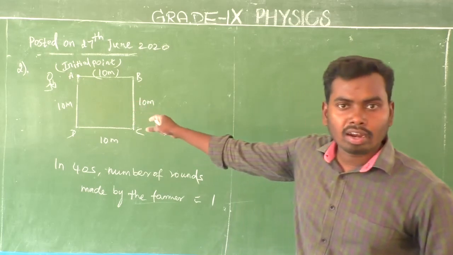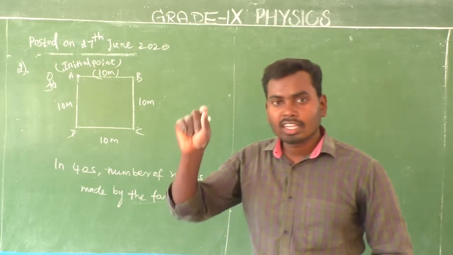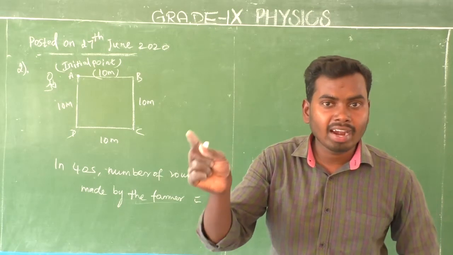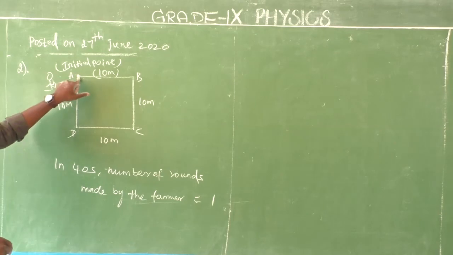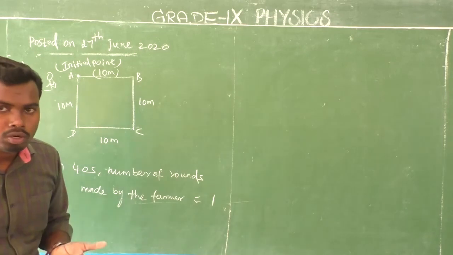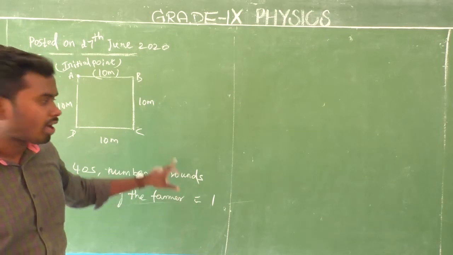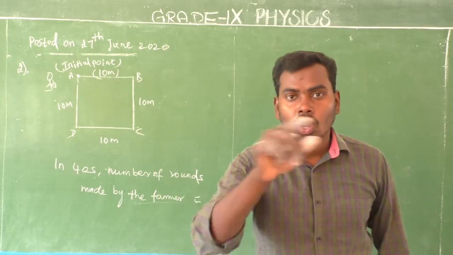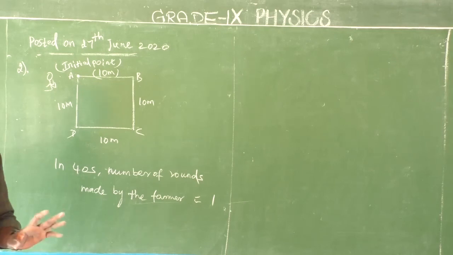Here, what quantity do we need to calculate? That is displacement. Am I right? What is displacement, sir? The shortest distance between 2 points. Mathematically, we can say final position minus initial position is displacement. We know the initial position already, because the farmer starts moving from point A. Which is the final position? We don't know the final position. We need to calculate it. If we calculate the final position, we can easily calculate the displacement at the end of 2 minutes 20 seconds. Now we are going to calculate that displacement. Is it clear? Yes.